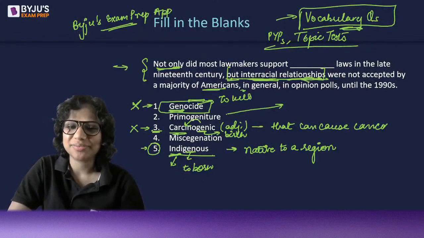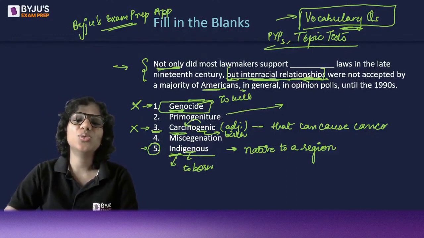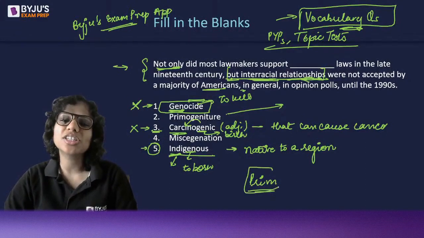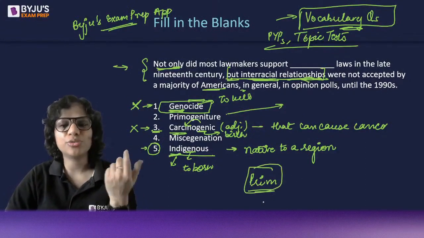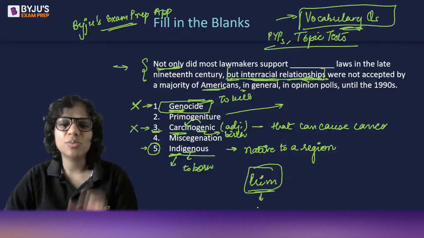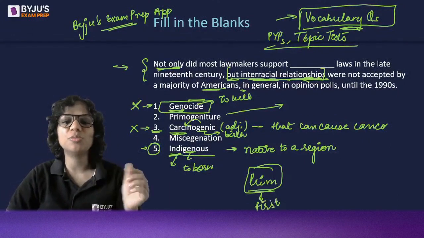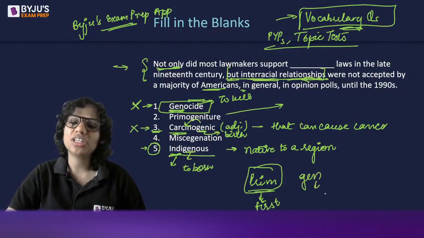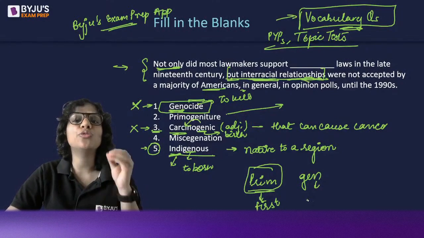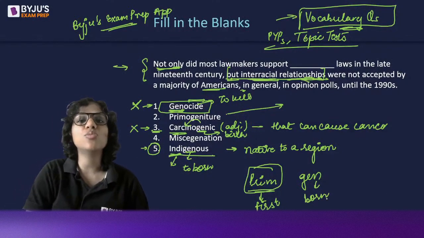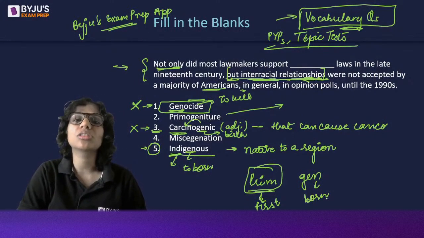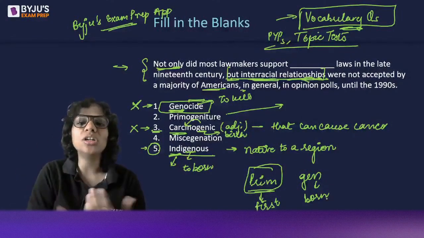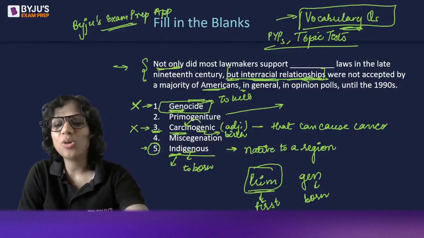Primogeniture. The rule that exists in most kingdoms is that the first, prim means the one that comes first. Primitive people came first, right? Gen means born. So primogeniture is the rule that your firstborn child will become the king or the queen. Your firstborn will rule. That condition, that rule is called primogeniture. So are we talking about that here?